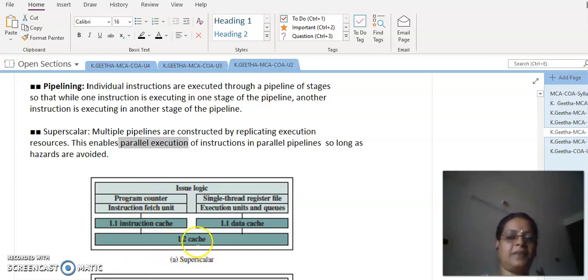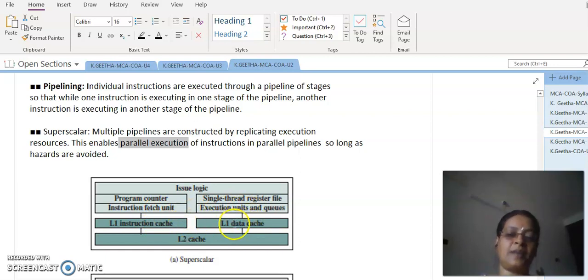Another way in this cache is that we have a separate portion, what we call a split cache. We are splitting the cache into instruction and data. The data is separately stored in a different cache, and this data cache can supply all the data required for performing the execution, and a separate queue can be maintained, and this can be done in parallel. So when we want to execute the instruction, we have to fetch the instruction. The instruction fetching can happen in this instruction cache. Parallelly, we can fetch the data from the data cache.